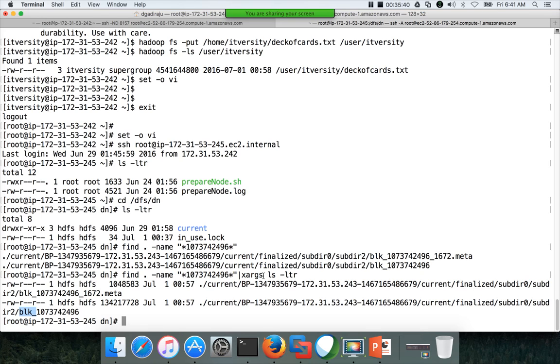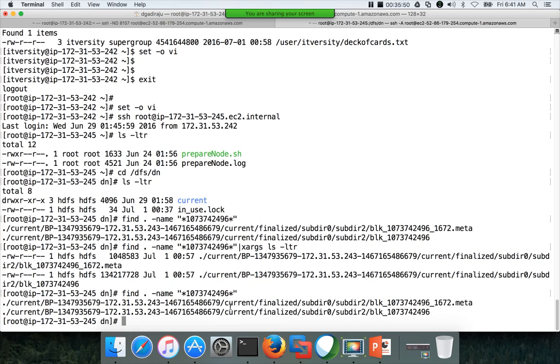So the purpose of xargs I am using here is, if you use this command find . -name and run this, you get the complete path of the file in this location, but it has two files which have the block ID, and we don't know which one is the actual block which has the first 128 megabytes. One way to determine is by looking at the properties of the files, which include the size of the file.